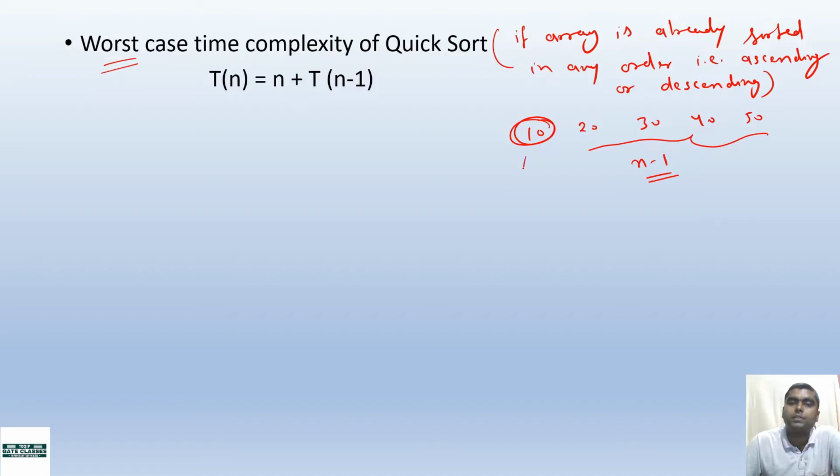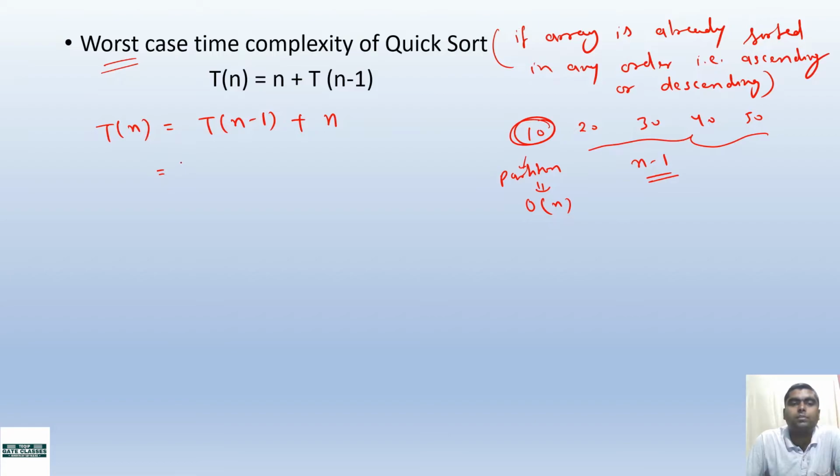Okay, and pivot and partition. So partition will take what? Order of n time. Okay, and this is the time taken by this. So in this case what will be the recurrence relation? Recurrence relation will be t of n equals t of n minus 1 plus n. So what is this t of n minus 1? For n inputs the time taken is t of n, so for n minus 1 inputs, whether ascending or descending, it will take t of n minus 1. And what is n here? The partition time. Okay, partition.